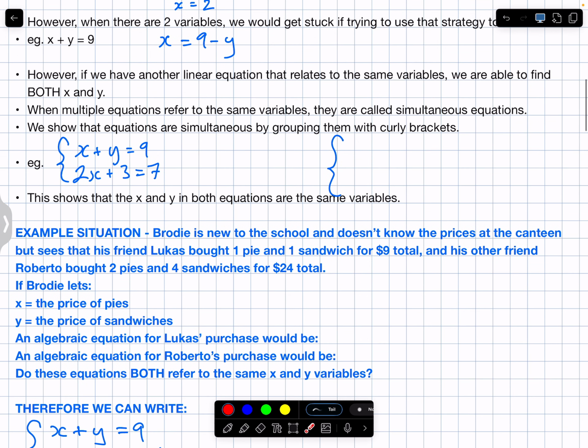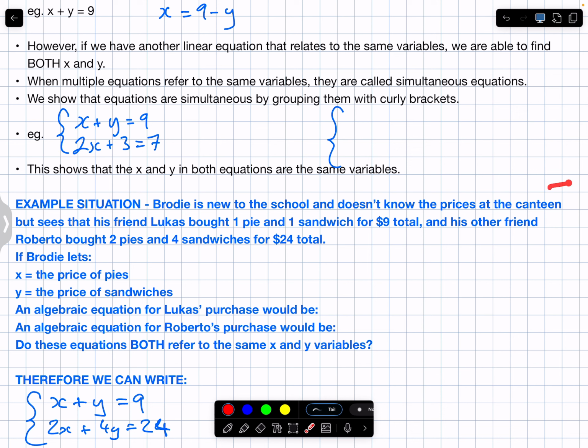Right now, you're probably not thinking, what's the utility of this? So I'm going to make a scenario here. Okay, it's a little put on, but it works. So let's pretend Brody's new to the school. He doesn't know the prices at the canteen, but he knows that his friend bought 1 pie and 1 sandwich